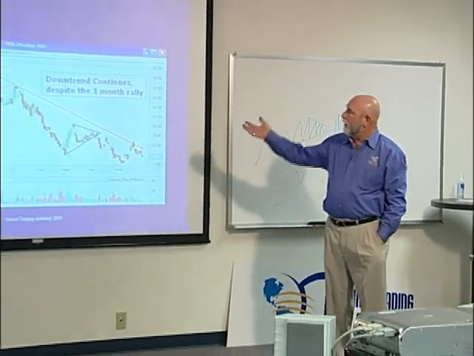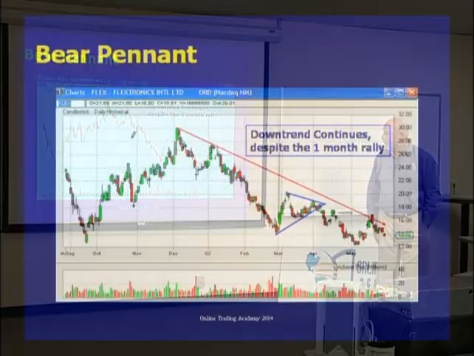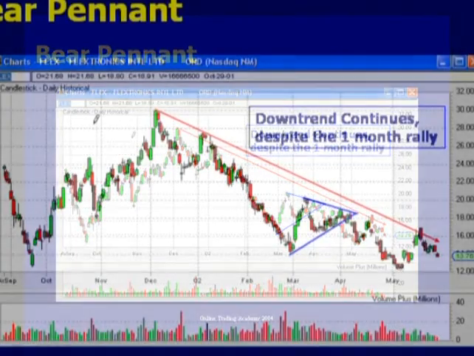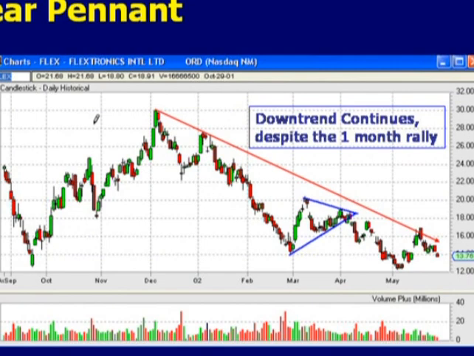Alrighty. Now here is a bear pennant. Now this one's a little harder to see, guys. And of course I set down my laser pointer again. This one's a little harder to see because Thomas just asked, well, what is the difference between a pennant and a symmetrical triangle? Where's the pole? Well, the pole is the uninterrupted red down here. It's not a vertical pole, but because it's just such a big sell-off here, zoom down, they would say that that is the pole. And again,